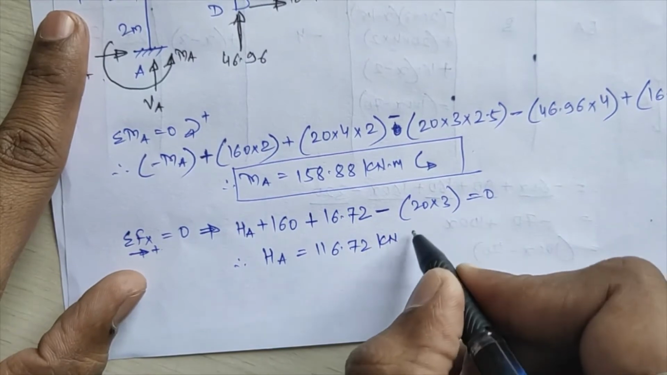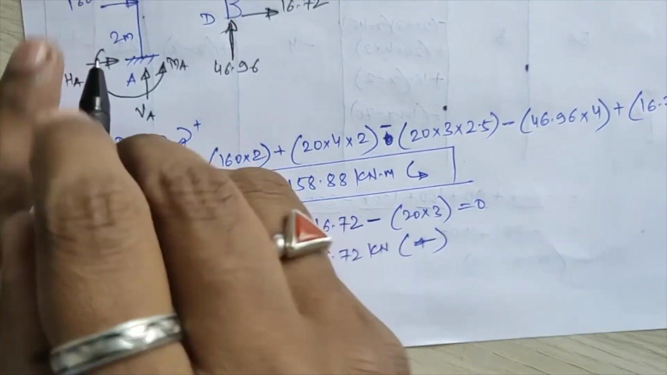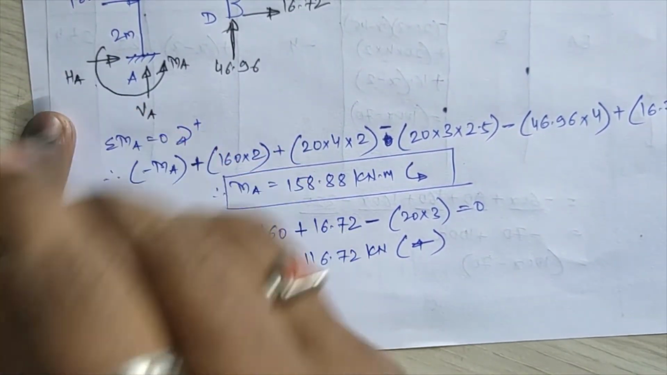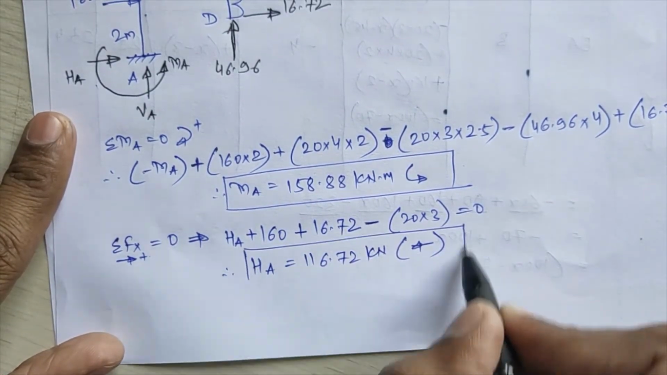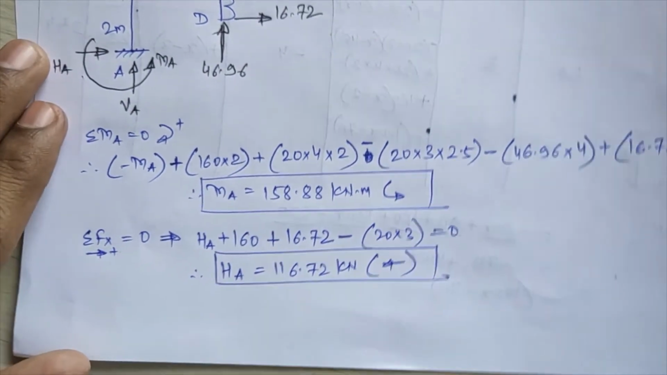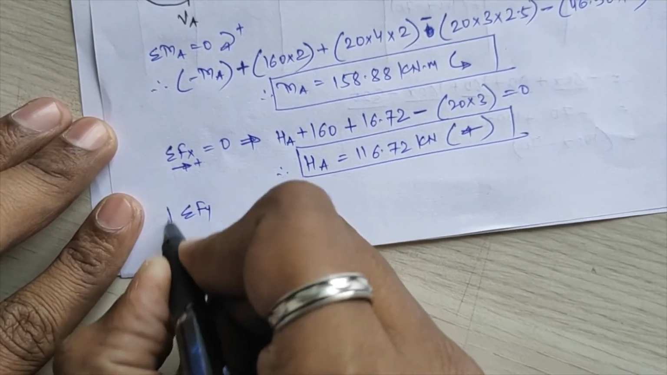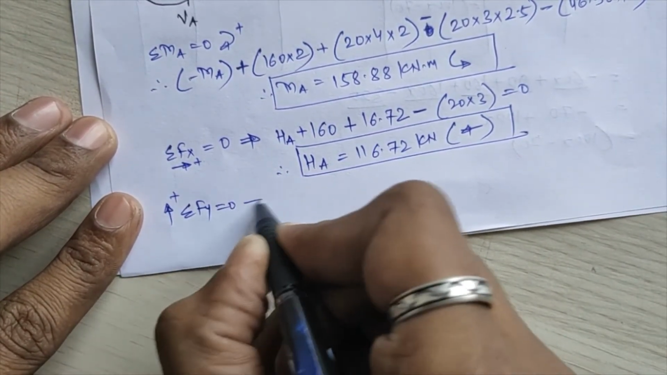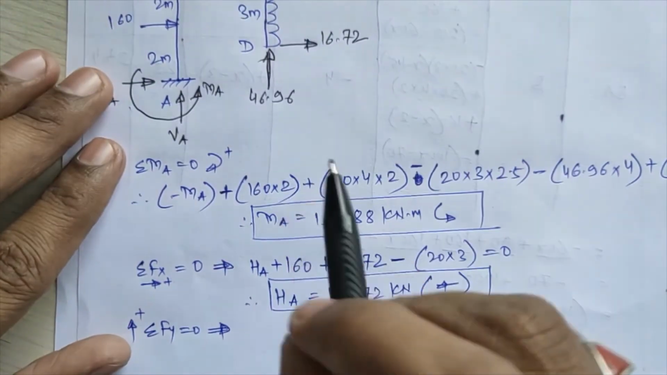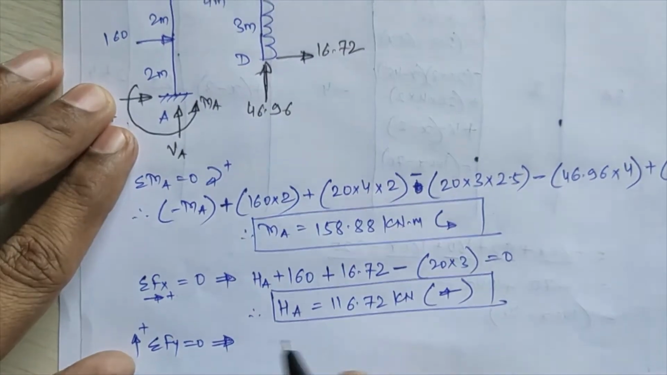What this negative indicates here is that it is acting towards the left direction, that is, my assumed direction towards the right is wrong. So HA will be acting towards the left. And last, I will use the summation of Fy, upward forces positive, is equal to 0. So you have to consider only vertical forces in this. So first, the vertical force VA